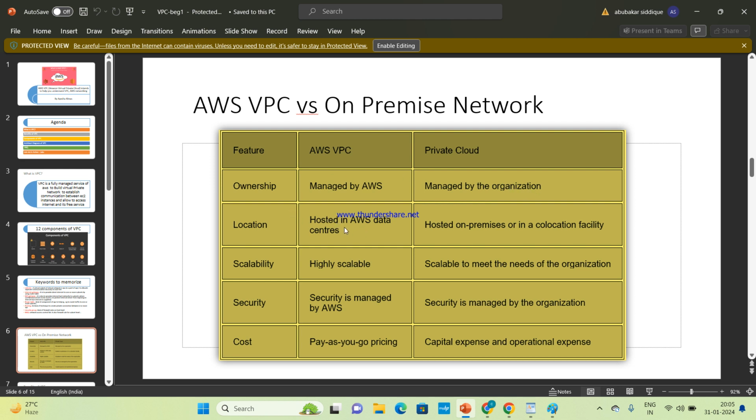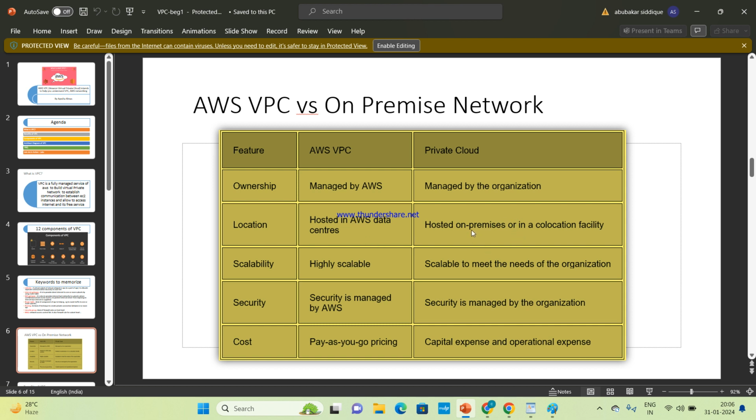And the location is hosted in an AWS data center. So if I create a VPC here, I'm in the Ohio region. If I create a VPC in the Ohio region, then the physical VPC will be created in the data center of Ohio. So when we create a VPC, it is hosted in a data center of AWS.